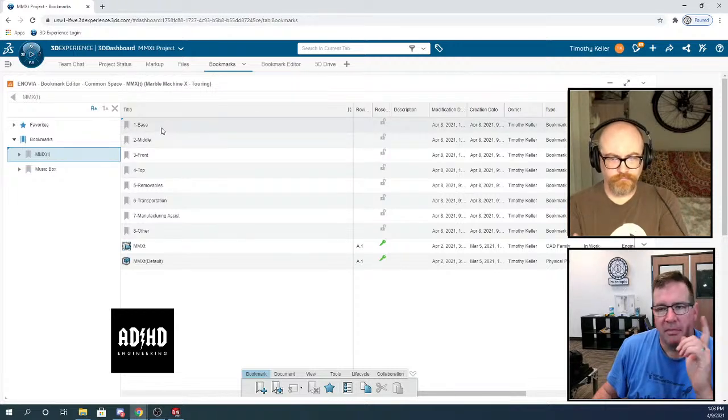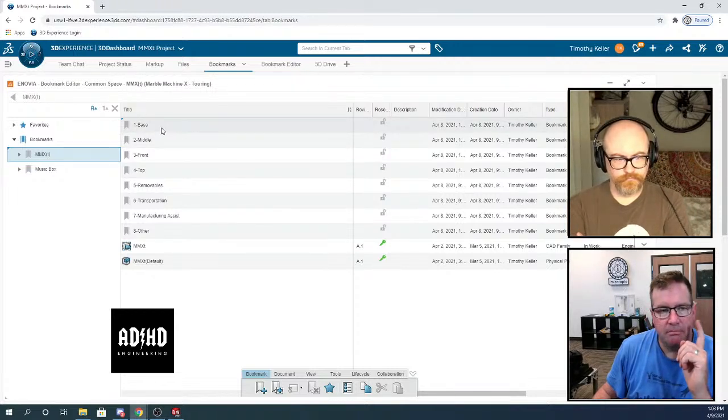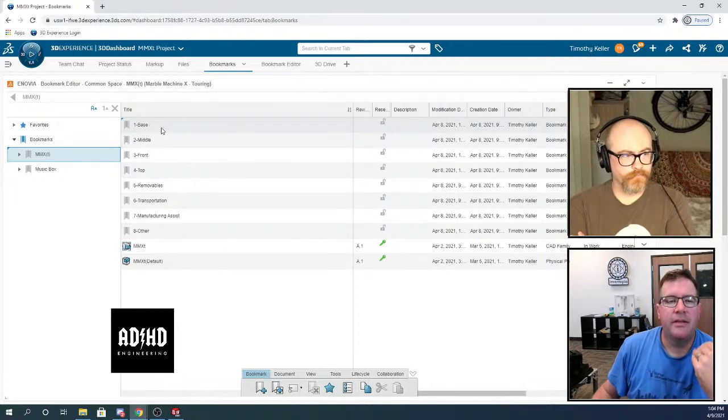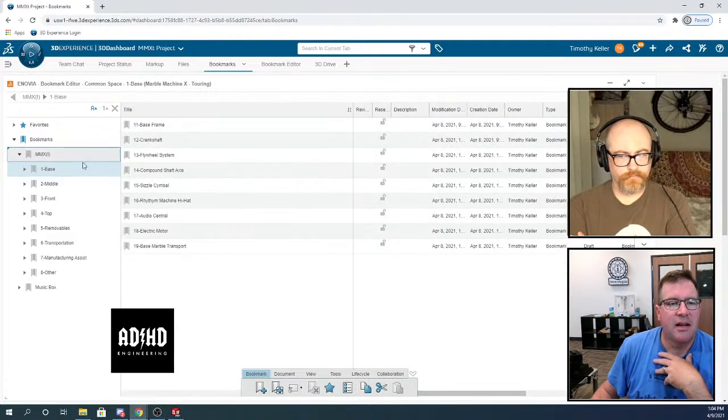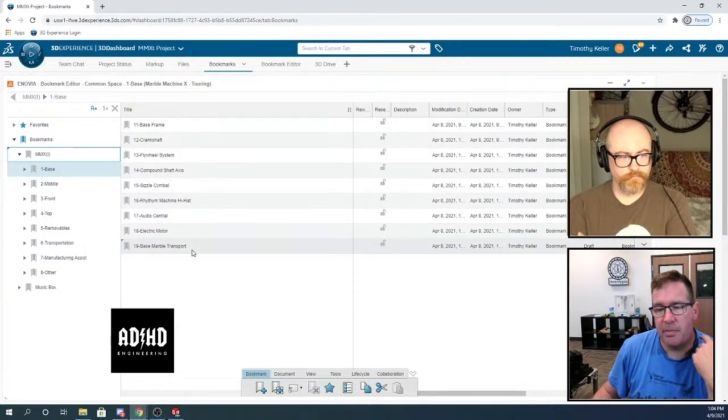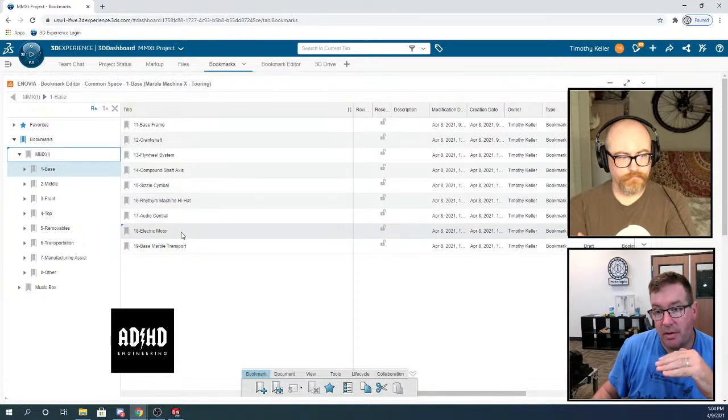Via the new PBS system, I set up all of our bookmarks in a folder format. When you go into the base, you have the blades, the crankshaft, the flywheel system. We'll be able to just make parts and bookmark them with where they are. The system will store them as flat, but it'll add these bookmarks, and then we'll be able to assign unique part numbers to them. There's a part numbering system built into the platform, so we will have unique identifiers on each file and each component, and we'll know exactly where it is.